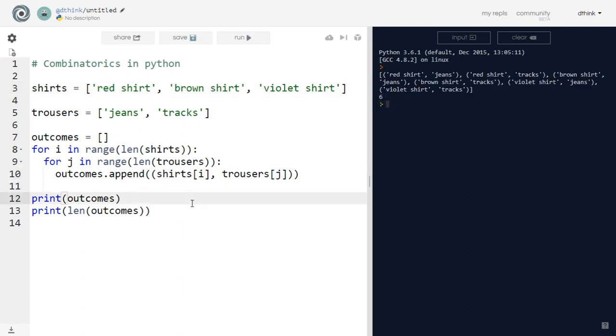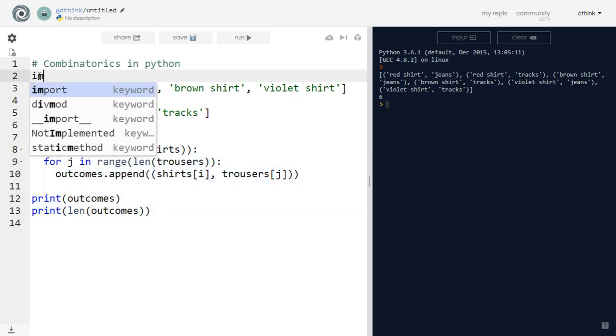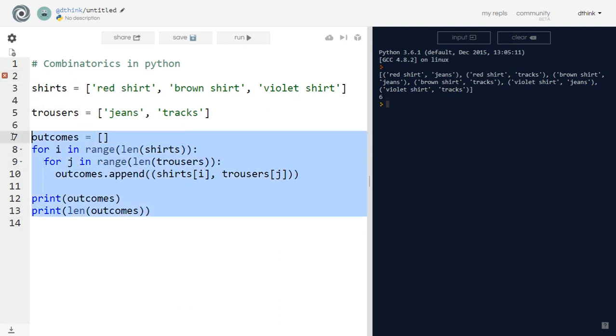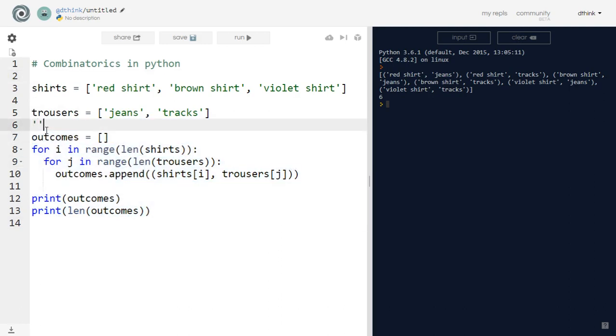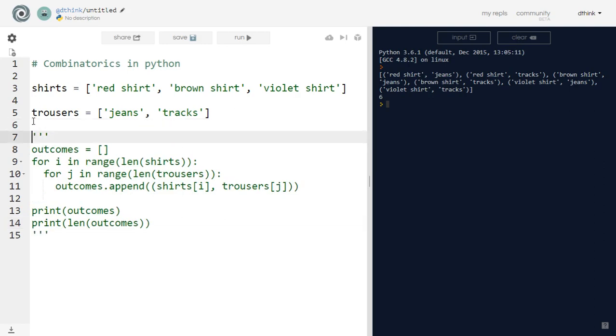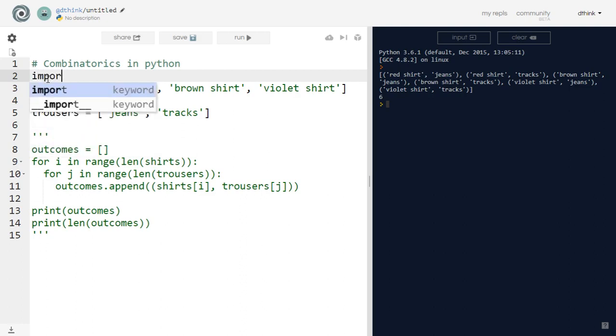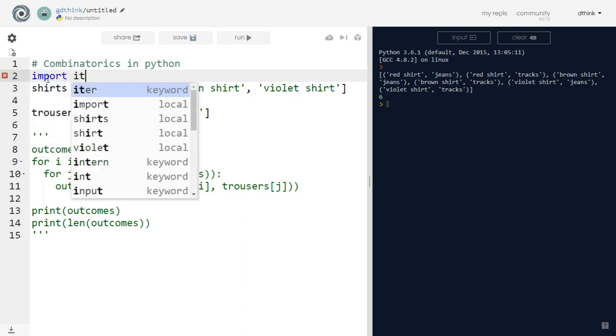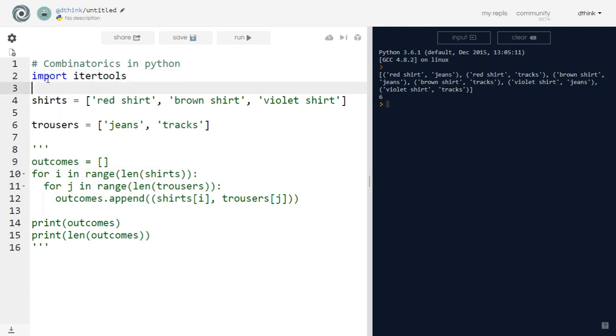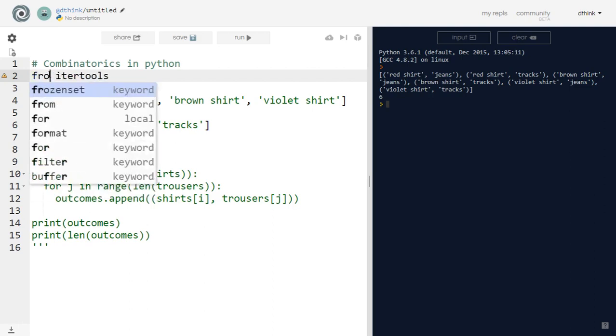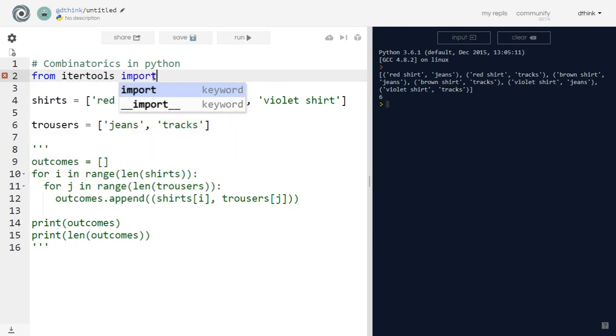Now, it's a pretty clumsy way of doing this because Python already has some built-in functionality. So instead of this, you can comment all this out. We could use the built-in function, I think it was itertools. If I say from itertools import product,